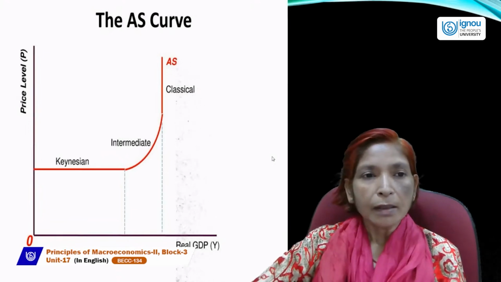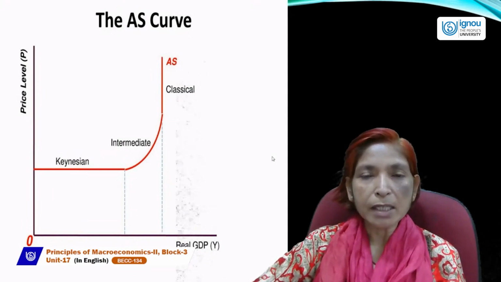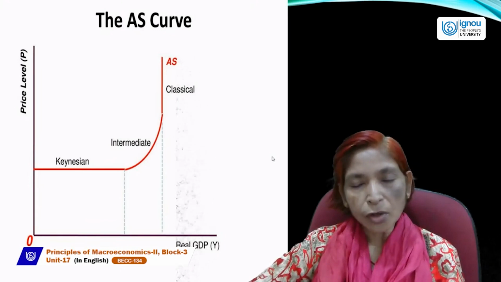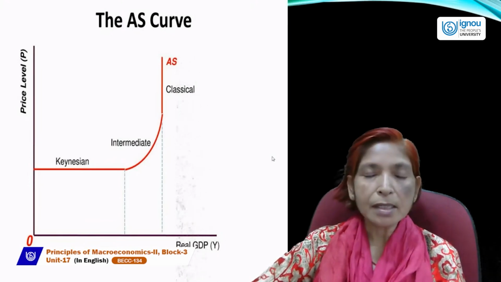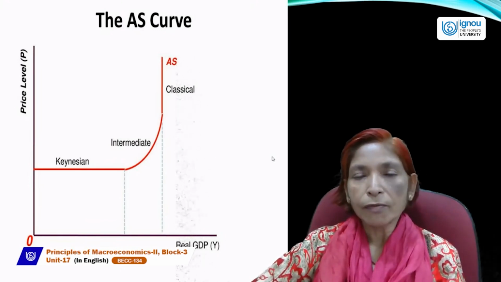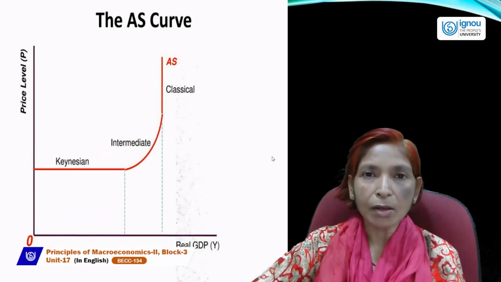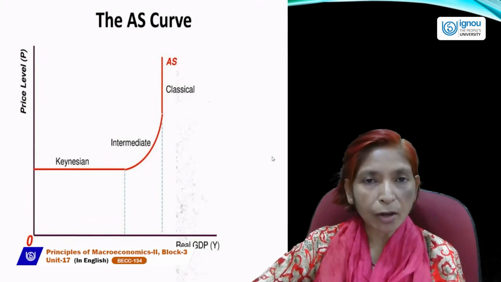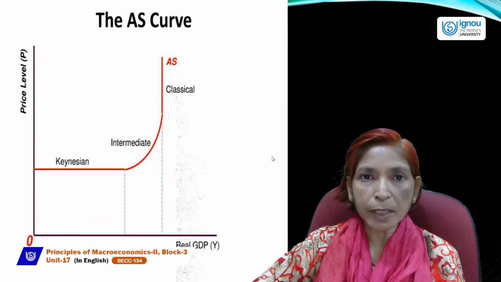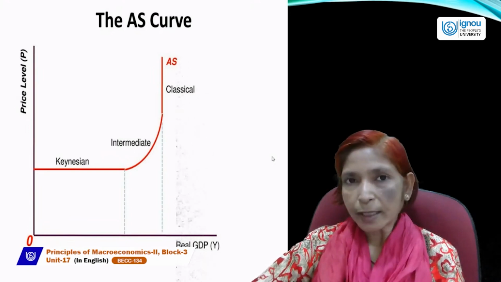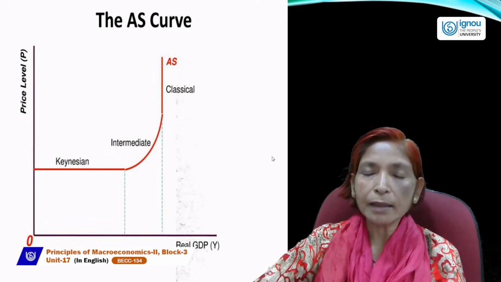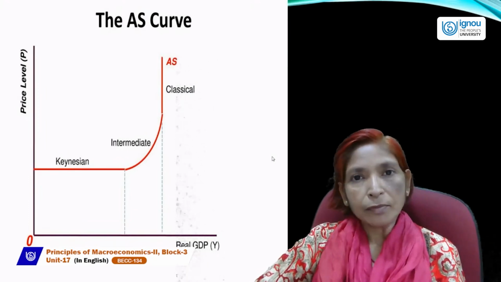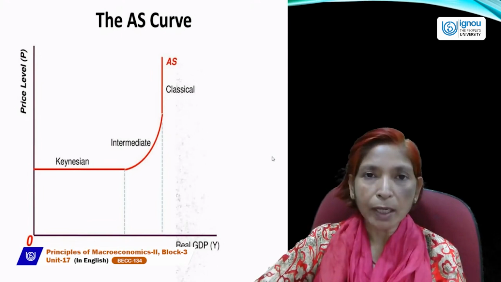Then Keynes said that if aggregate supply remains constant and only aggregate demand increases, then we can solve the problem of depression. And this theory was fantastic, because the Keynesian theory solved the problem of depression of the USA economy and UK economy. This worldwide depression was solved by the Keynesian principles and theory. That's why Keynes plays a very important role in macroeconomics, and we can say that Keynes is the father of macroeconomics.